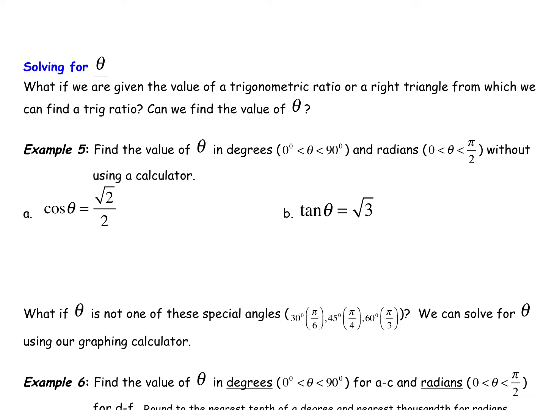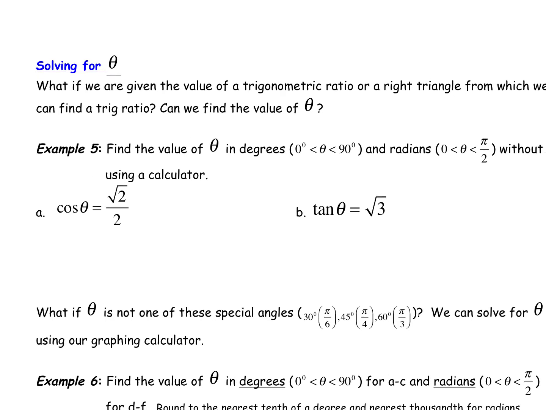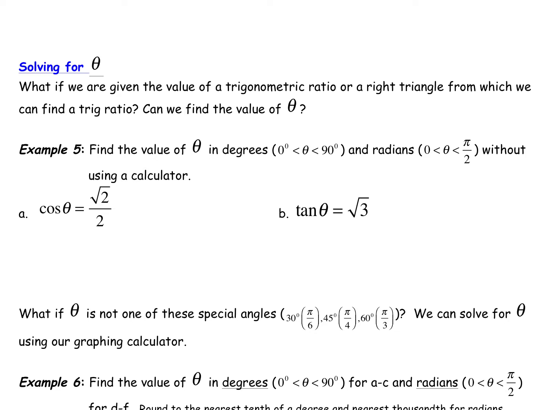We're going to walk through example 5 from note 6.2. In the previous problems, we were trying to find the value of a trig ratio given an angle. But now, if we're given a trig ratio, can we solve for theta? Can we do the problem in reverse? And we can. So in example 5, we're asked to find the value of theta in degrees and radians, in both,